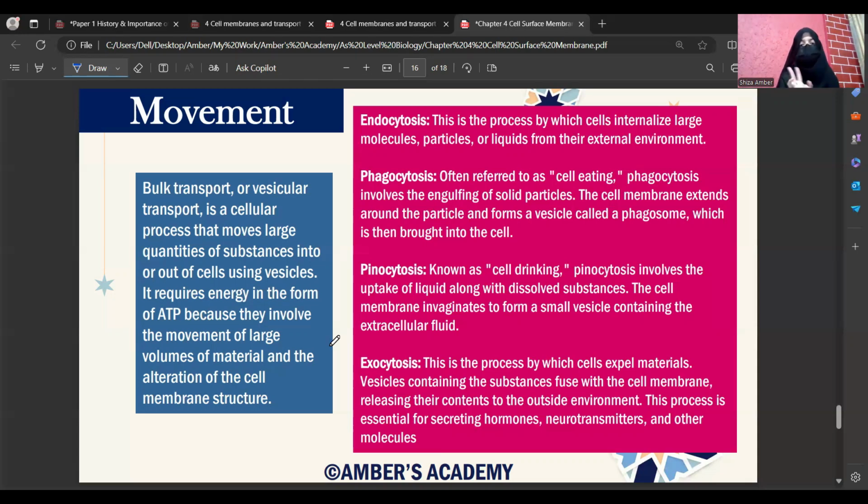So basically, bulk transport is of two types. I'll suggest that you make this flow chart in your notebooks. Bulk transport, BT means bulk transport, and we have two categories. I do not have a page, otherwise I would have made it nicely, but everyone look at this. Bulk transport is of two types: endocytosis, please write this word, the complete word, and we have exocytosis. Exo means outside: when something is going outside, it goes by exocytosis.